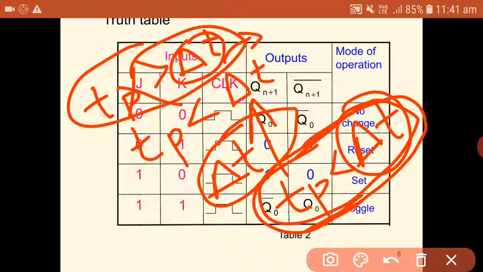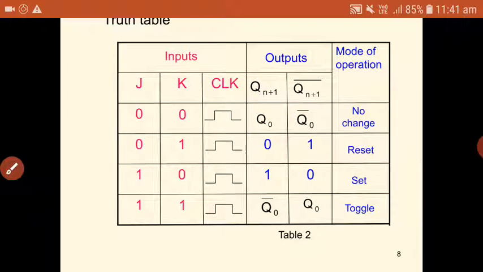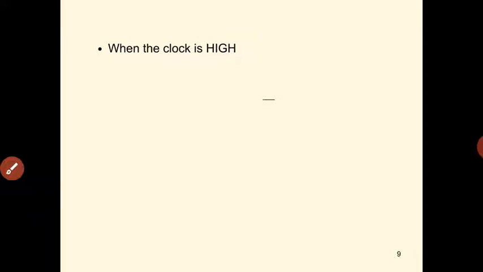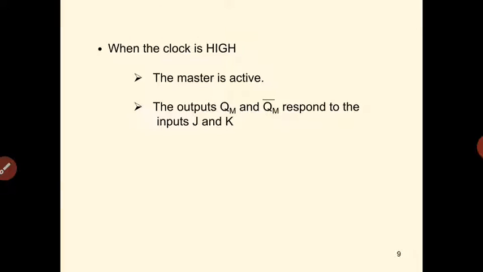Okay. So you should design the master slave JK flip flop in such a way that this condition has to be satisfied. TP, the time for which the clock pulse is high, should be less than propagation delay of the flip flop. Okay. So this is something about master slave JK flip flop. We will also see its operation.